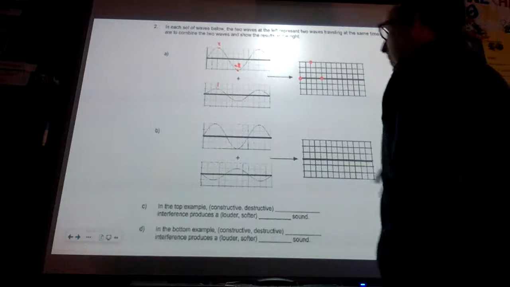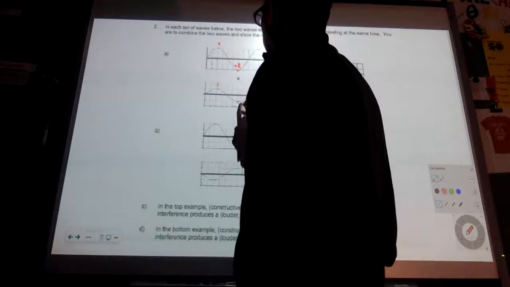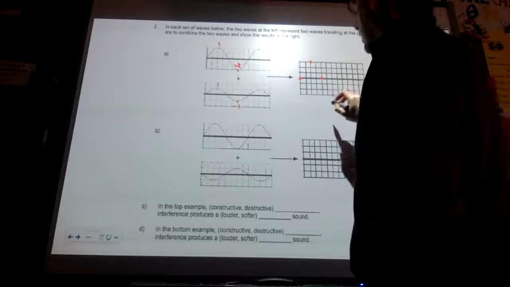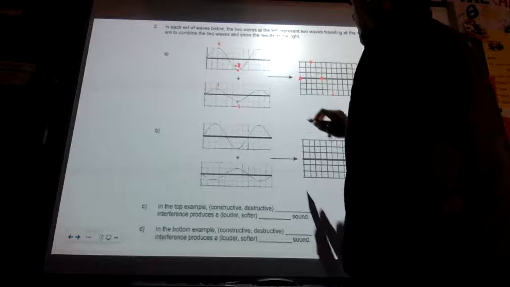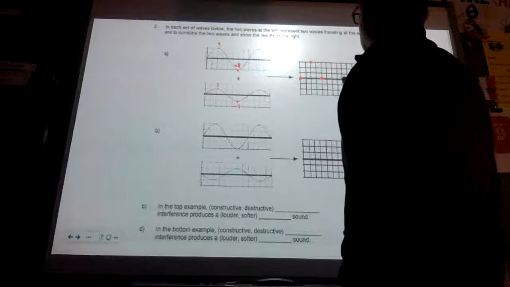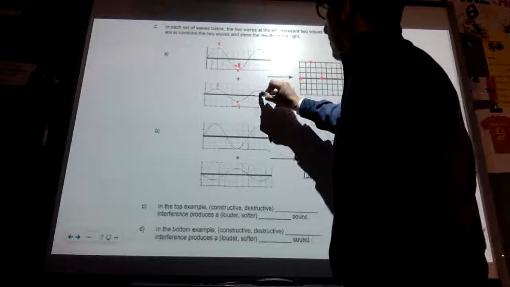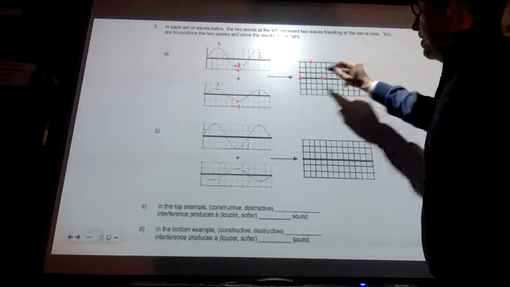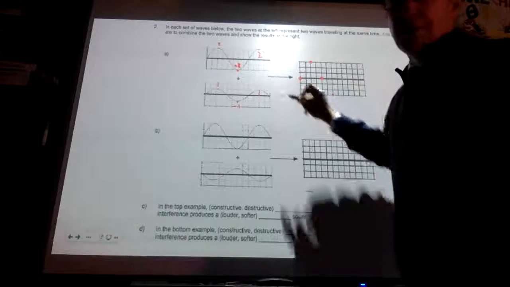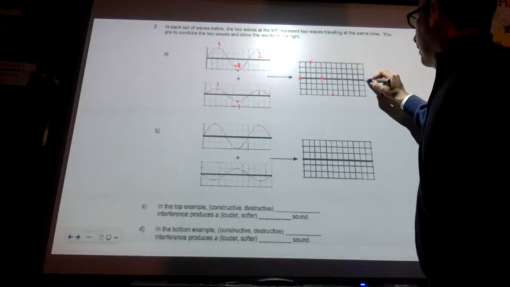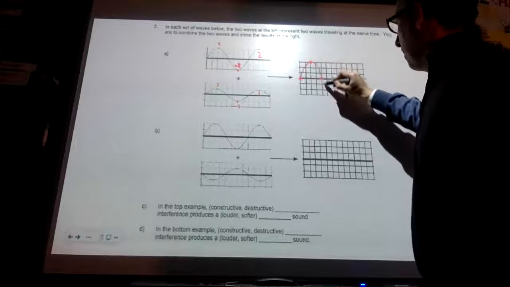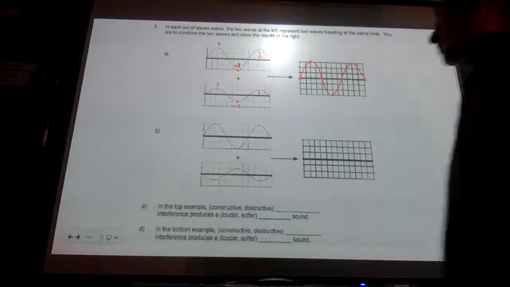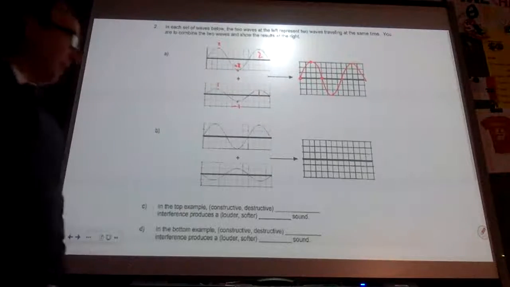And here I'm at -1. -2 plus -1 is -3. Then I'm back up to 0, 2 more over. And then I'm going to have a 1 and a 2, so that's going to add up to 3. And then finally, I'm back at 0 and 0. So this is going to be the combination of them. B, we're going to have